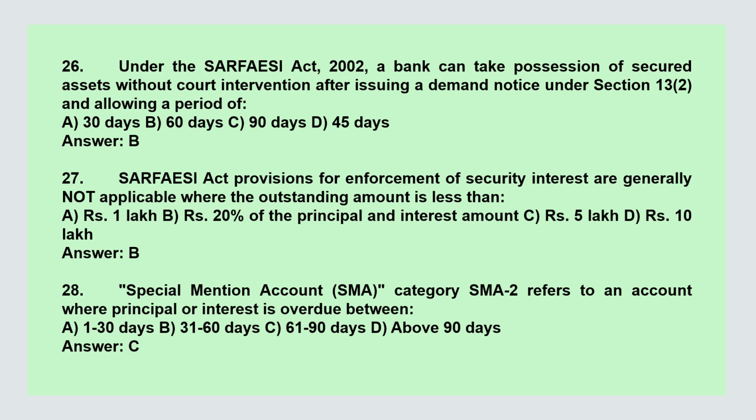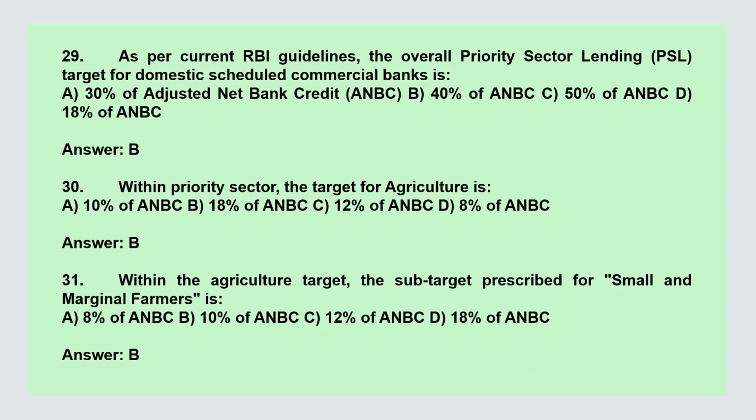A special mention account SMA category SMA 2 refers to an account where principal or interest is overdue between answer C, 61 to 90 days. As per current RBI guidelines, the overall priority sector lending target for domestic scheduled commercial banks is answer B, 40%